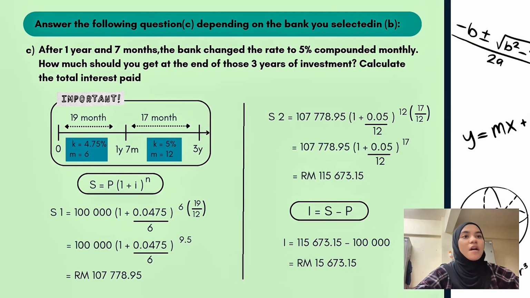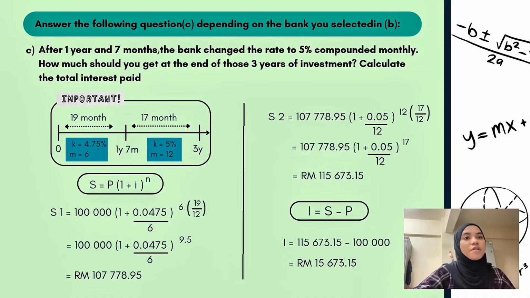Question C is, after 1 year and 7 months, the bank changed the rate to 5% compounded monthly. How much should you get at the end of those 3 years of investment? Calculate the total interest paid. So before we find the interest, we need to find the total amount. So we use the formula S equals P times (1 + i) to the power of n, where i is the interest rate divided by the number of compounding periods per year